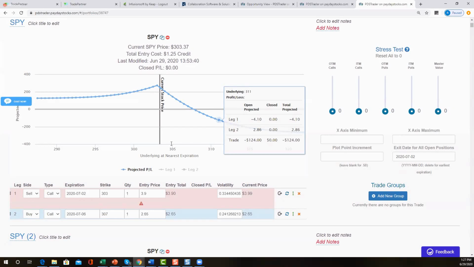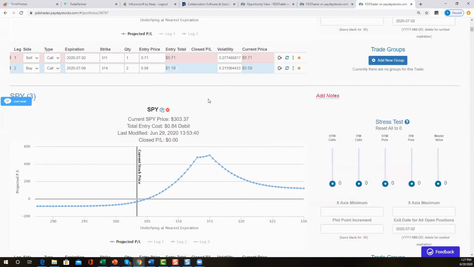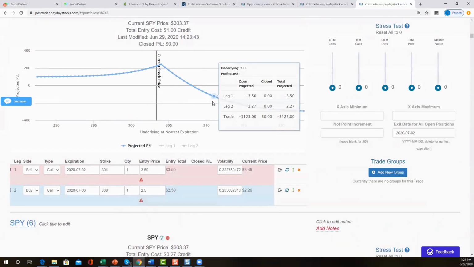Whoops, this is a 303. Sorry, let me move down. Here's the 304. At 311, I told you the wrong number. At 311, it's $123. Again, probably closer to $150, $170, maybe $75 if you hold on to the very last minute. So we're looking at least about a $25 profit, most likely at the 311 if we only had one bullish. But because we have two bullish, we can add another $200 onto that, which means at 311, we're looking at about $225 with no risk to the downside.